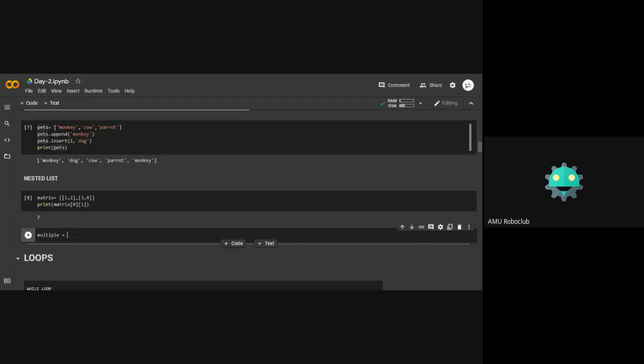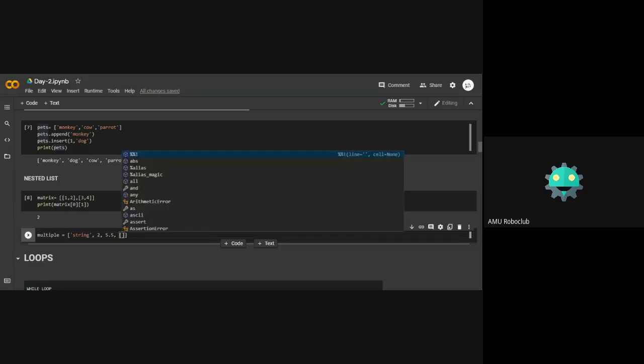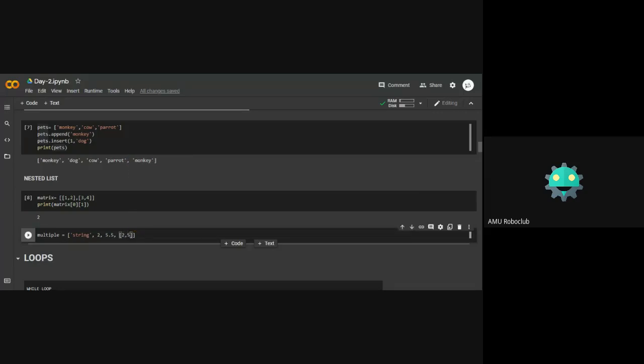Let's make a list of multiple data types. Let's call this a string. This would be an integer. Okay, this would be float. And here we can have a list inside a list. Okay.